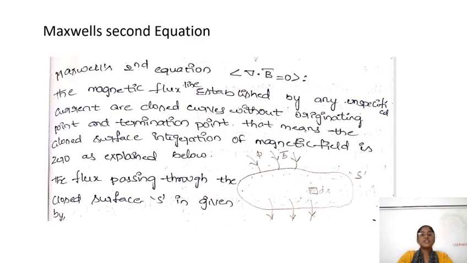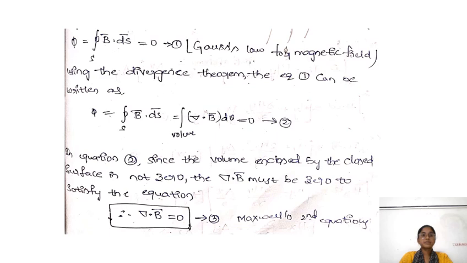Maxwell's second equation: divergence dot B bar is equal to 0. The magnetic flux lines established by an unspecified current form closed loops without an originating point or terminating point. That means the closed surface integration of magnetic flux is 0, as explained below. The flux passing through the closed surface S is given by